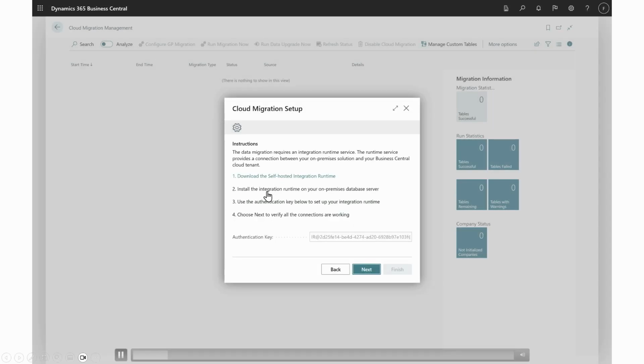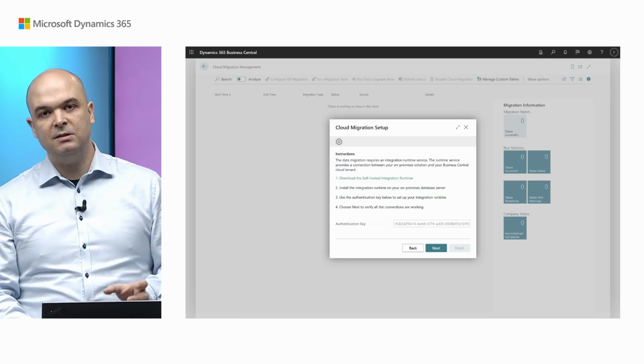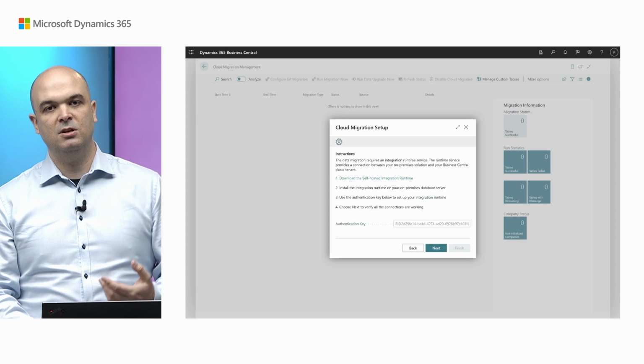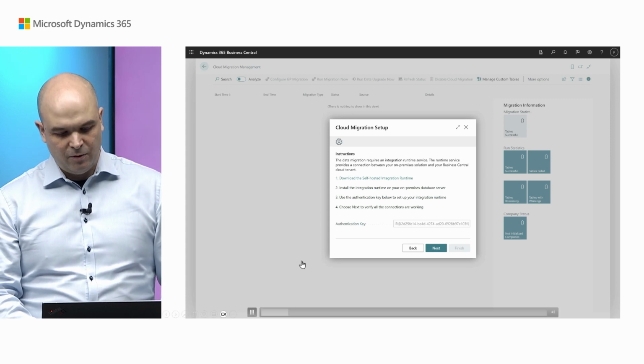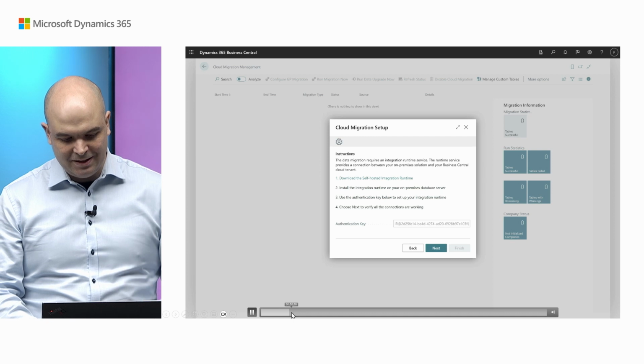So here we are waiting for it. And on this step, we are going to give you the instructions on how you can set up the integration runtime on your box to expose the on-prem database to the Azure Data Factory. The first step is to download and install the integration runtime, because we are using the on-prem SQL. And then when it installs, you can copy-paste the authentication key. There will be a small window where you can provide it, and that is going to connect it to the Azure Data Factory. For time reasons, I have already done this, and I have pre-installed the integration runtime,